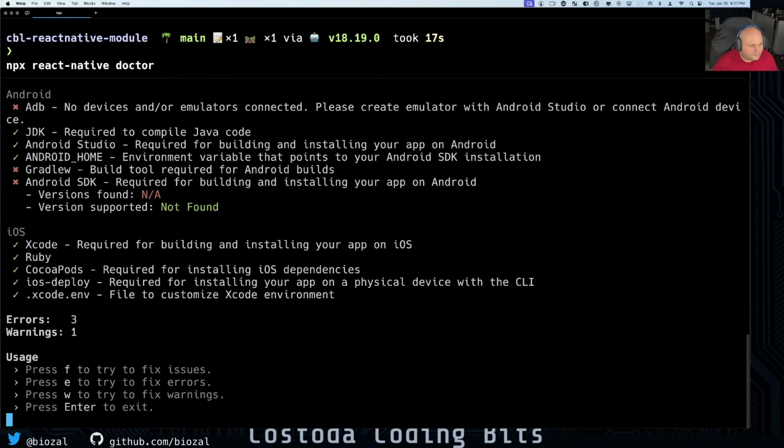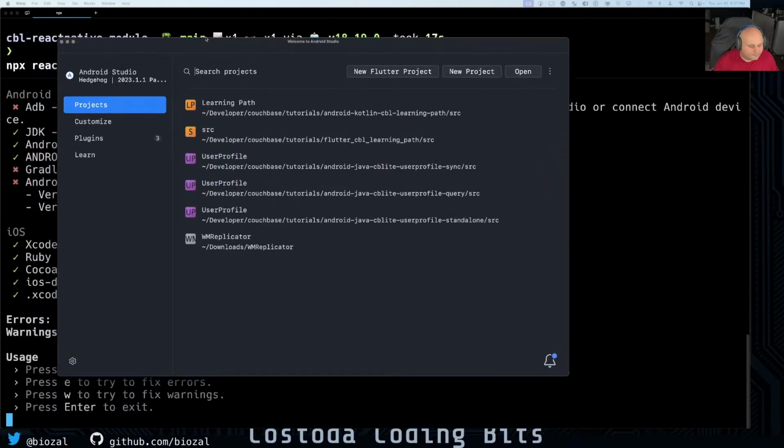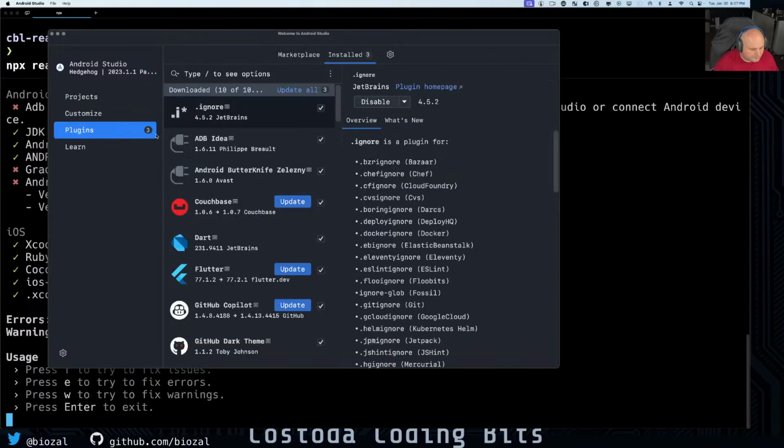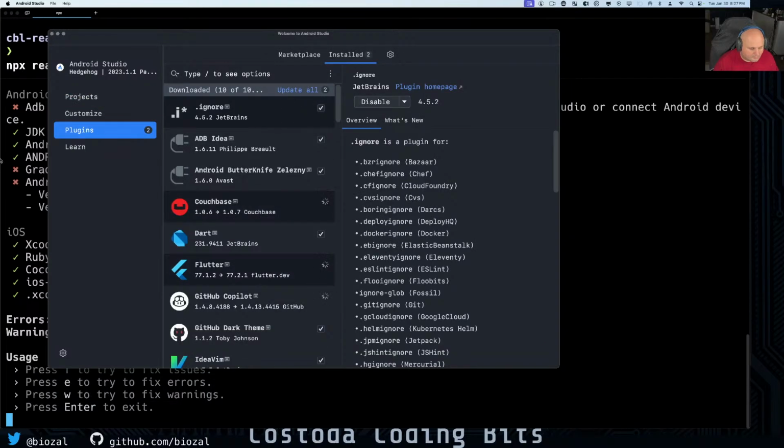I Google this. What's going on here? So, yeah, native doctor doesn't find Android SDK. I mean, I could double check this, but this is pretty stupid to say that I don't have the command line tools installed. Here's my Android Studio. Guess I got some plugins installed, but